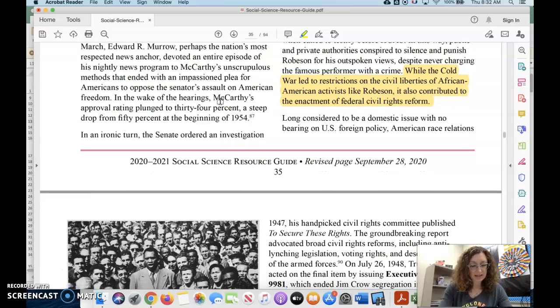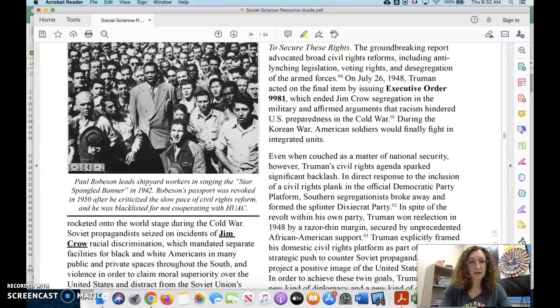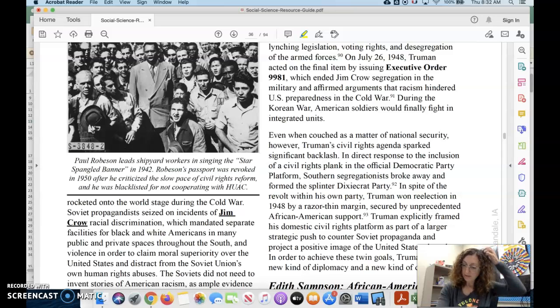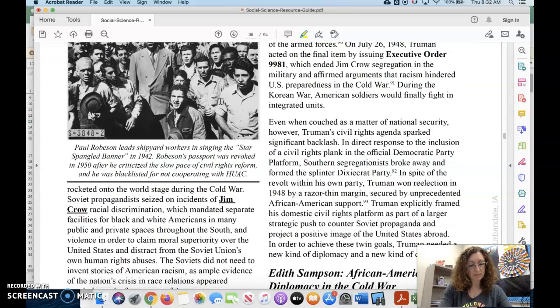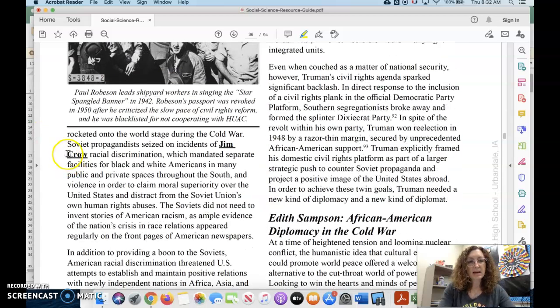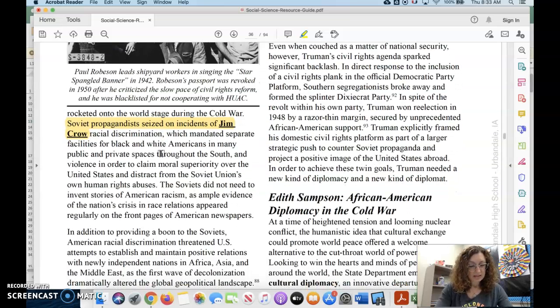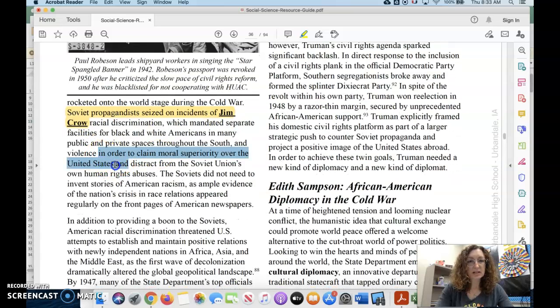So at the same time as doing some of these things that were harmful to African Americans, we also saw some things with African Americans in the United States that got opened up a little bit. So what we had here, if you guys remember, in the Soviet Union, they were much more egalitarian, which means trying to make things equal. So regardless of race, regardless of gender, they were trying to show that everyone was equal. And so this was a little bit easy for them to seize on the Jim Crow problems of the United States. They used this to claim moral superiority.